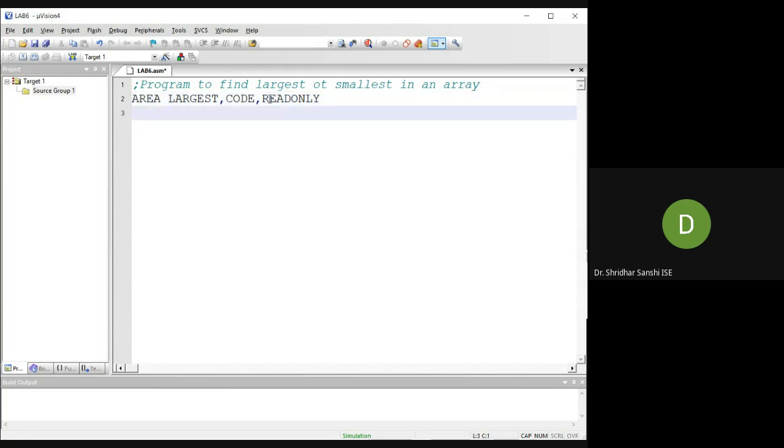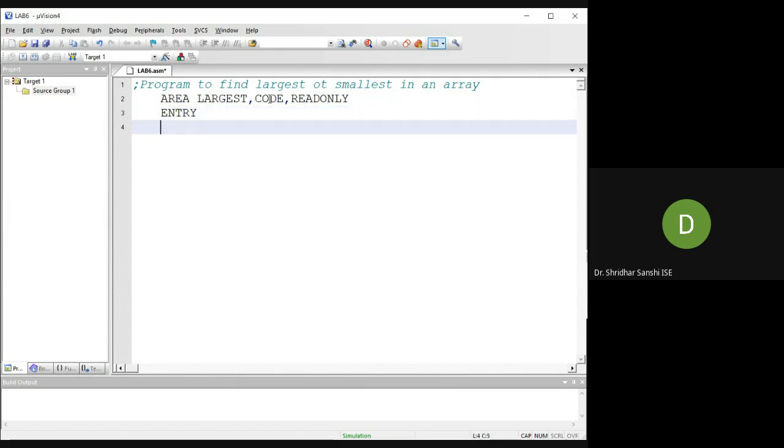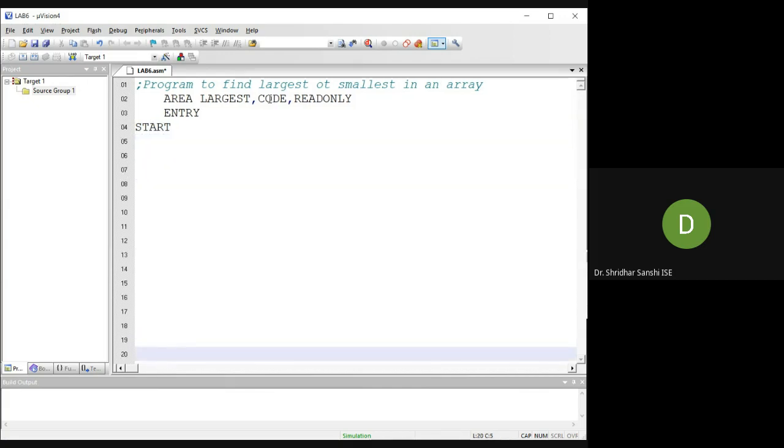Read only. Okay. So next to write. Sorry, first I need to tab it, then enter and start the label. First I need to define an array. So how can you define an array? You can declare